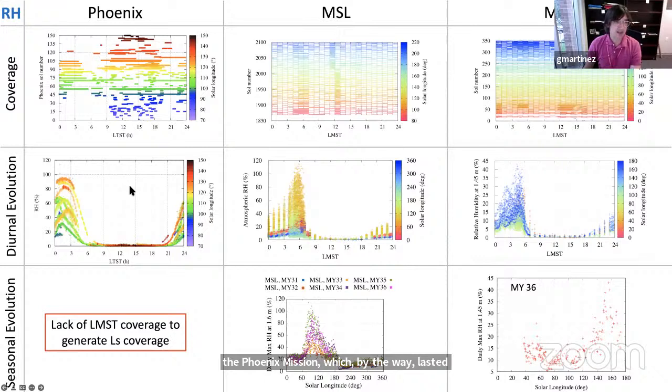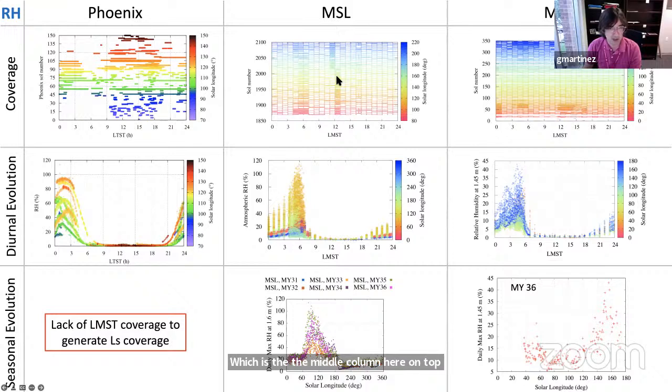With this coverage, it was good enough to analyze the relative humidity in diurnal time scales. And that's what I'm showing here on this figure. So we knew that the relative humidity reached saturation levels at 2 a.m., and that it was close to zero during daytime. And so diurnal studies can be done with this data set. As for the seasonal evolution with Phoenix, we don't have that precision because of the patchy coverage. Now, moving to the MSL, which is the middle column, here on top, I'm just showing an example